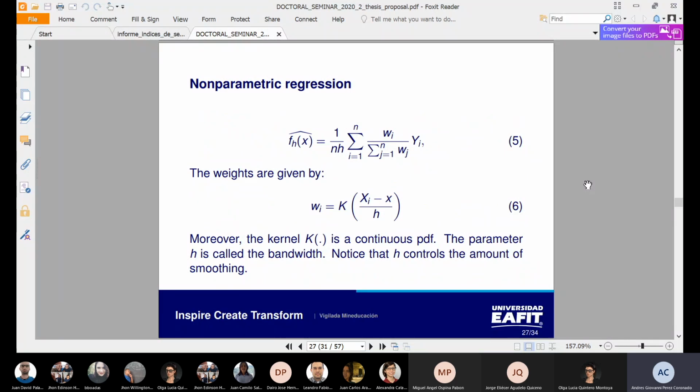The parameter h, the bandwidth, controls the amount of smoothing. So we can make a non-parametric regression. We are using Nadaraya-Watson regression,